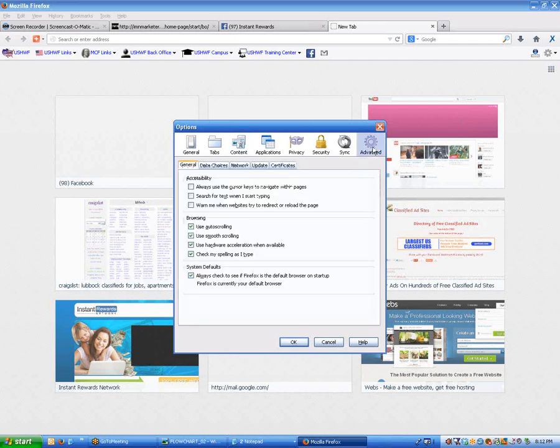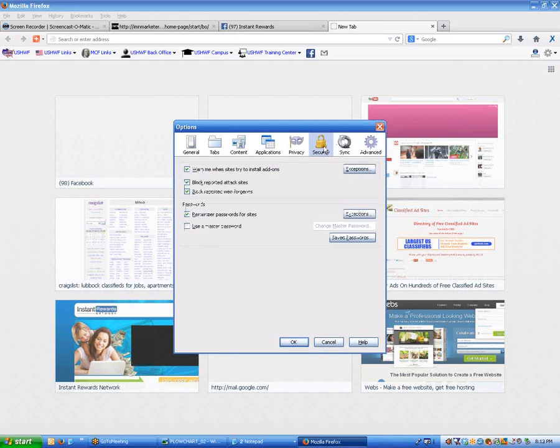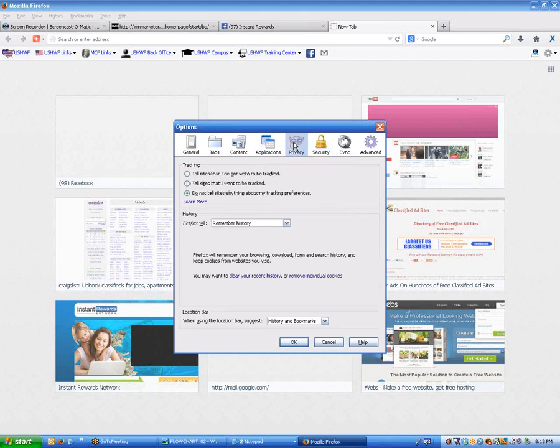And then when you get down here to Security and Advanced, make sure these are checked here except for use a master password. Privacy, if you want to clear your recent history and all old cookies, there's a couple of links here on the Privacy tab and links down here when you get to this prompt box. You can tell it to not tell sites anything about my tracking preferences. That way, your cookies won't get written. Or tell sites that I do want to be tracked,